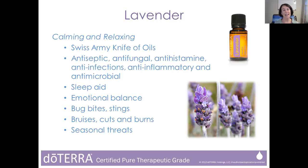and you need to address that. Lavender is also wonderful for after a long day of green cleaning and you just want to relax and unwind. You can diffuse it, you can put it in your bath, you can put it in your linens, on your pillow and sheets, and just settle in for a really deep, restful sleep. So those are a few ways that I love to use lavender,